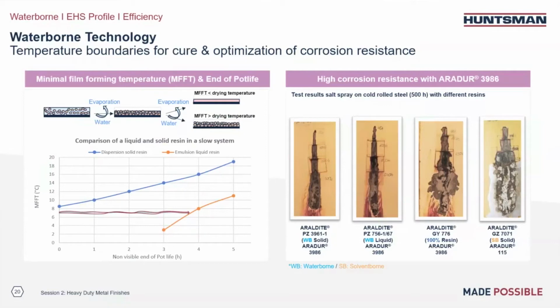For the waterborne emulsion, the pot life would be around 3.5 hours. Of course, other problems could come at 7 degrees, as it would be so slow to dry. You could then get plenty of other reasons for surface defects. On the right side, you can see that